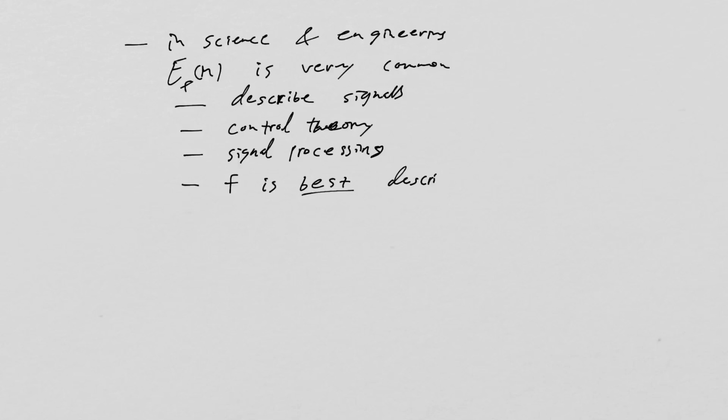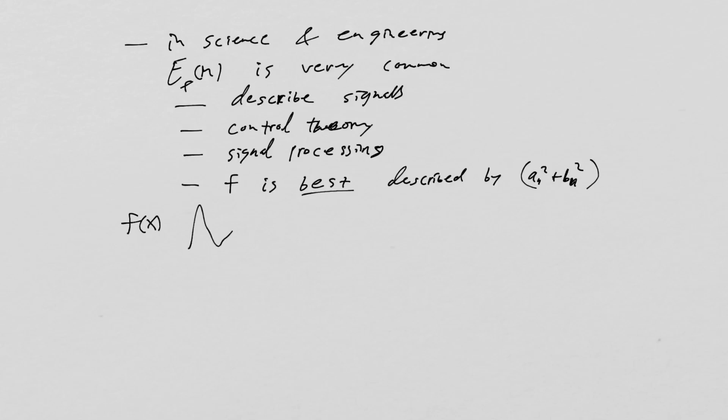Let me undo that. It's best described by this, that it's this term here. Each one of those terms actually represents the most important information that F has. No one really wants to look at the graph of F. They really want to know what the frequency content in the signal is. So for many scientists and engineers, when they're talking about some signal,